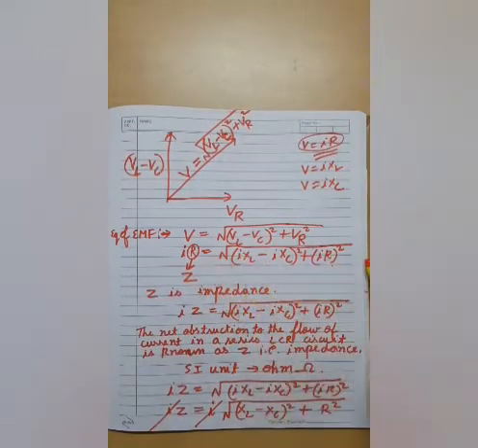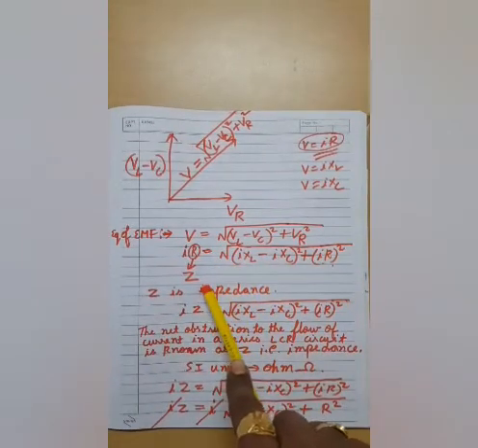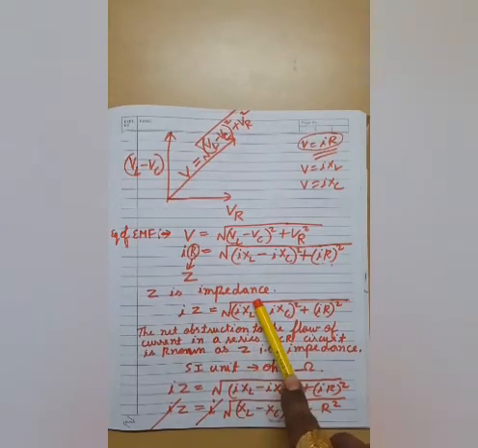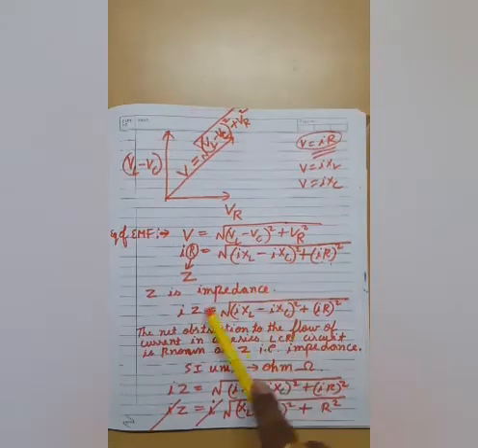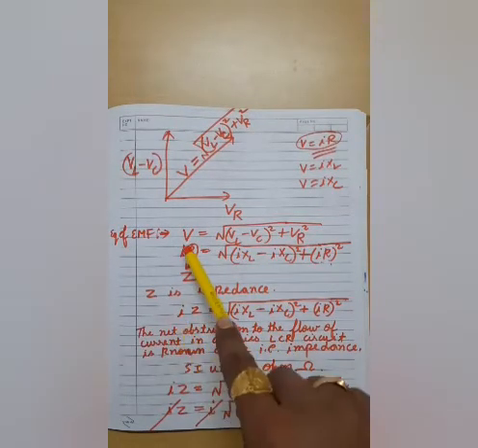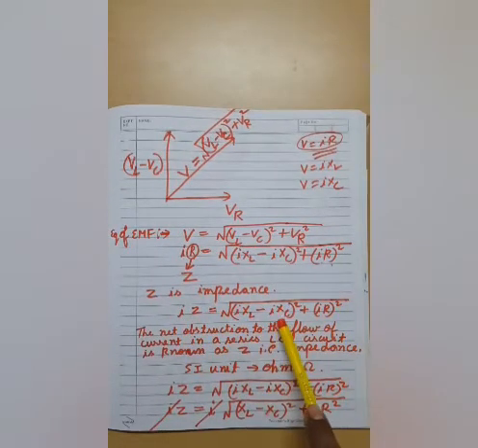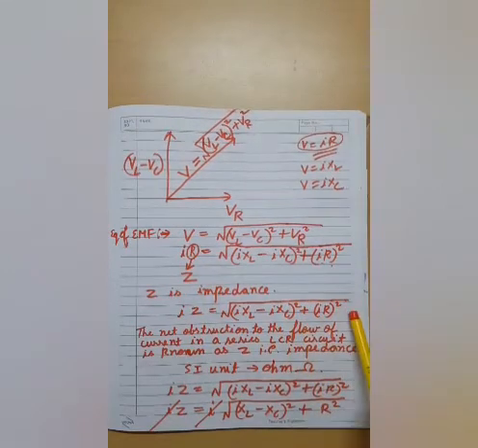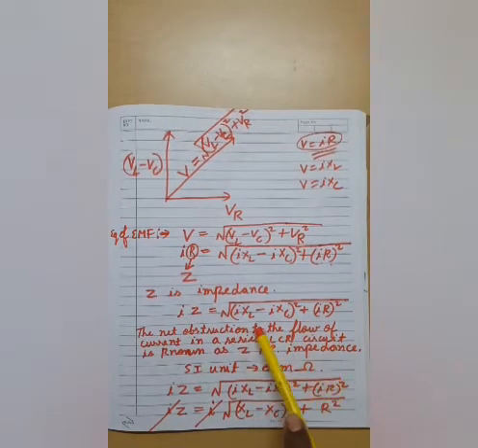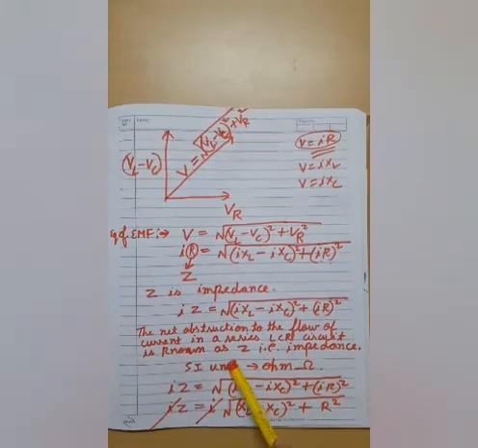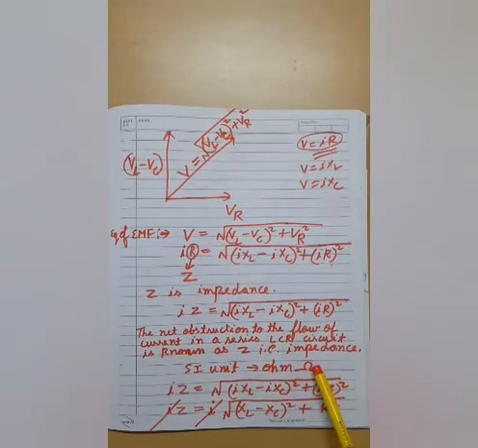So for equivalent resistance, I am using a symbol which is Z. Now this Z would be considered as the equivalent obstruction offered to the flow of current, and therefore we have given it a new name which is known as impedance. Now our final equation would be, in place of R here we'll write Z, then it would become IZ is equal to under root IXL minus IXC whole square plus IR square. And what would be the impedance? The net obstruction to the flow of current in a series LCR circuit is known as Z, that is impedance. What would be the SI unit? Since it is an obstruction offered to the flow of current, its SI unit would remain ohm.